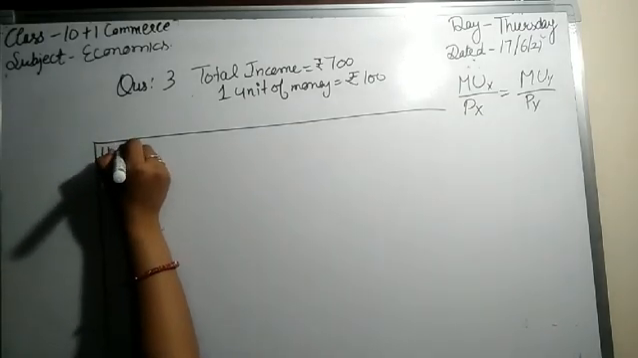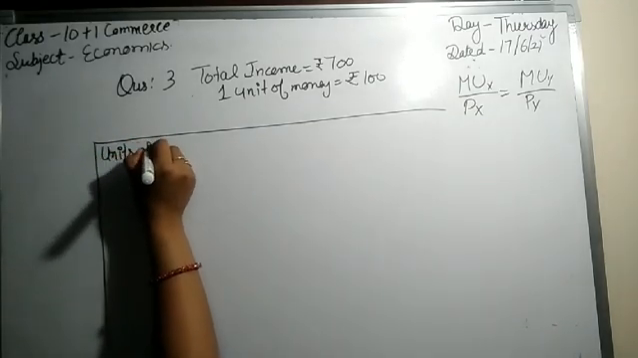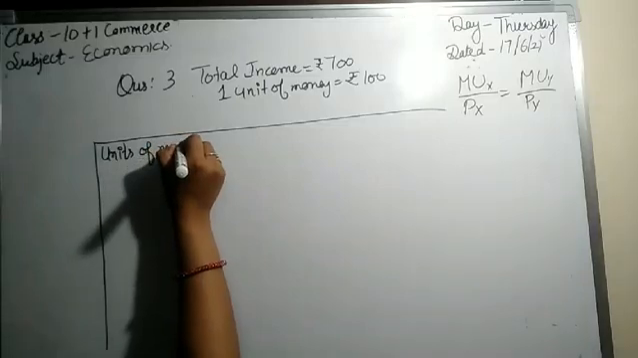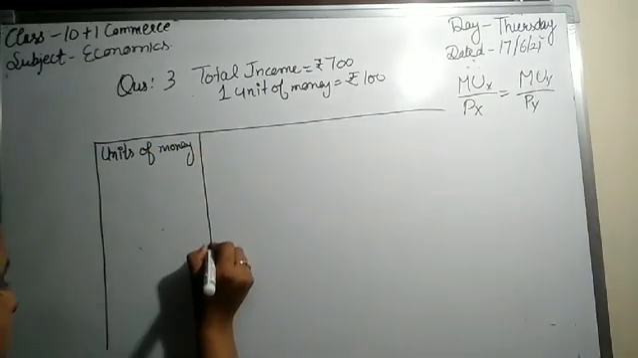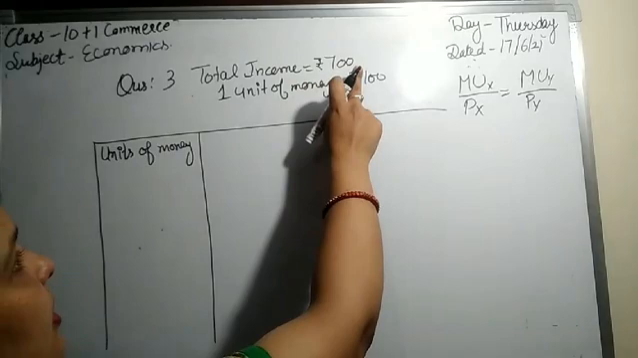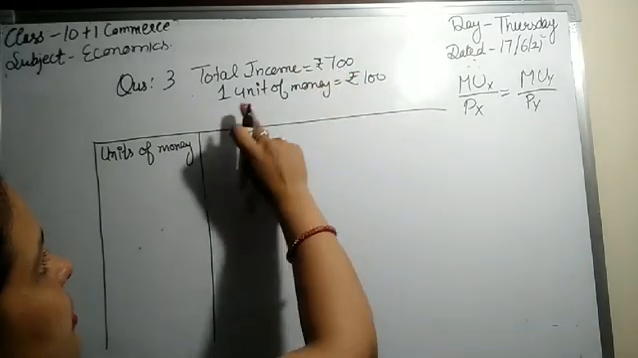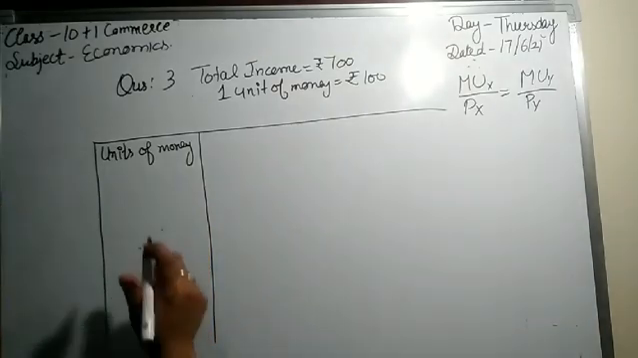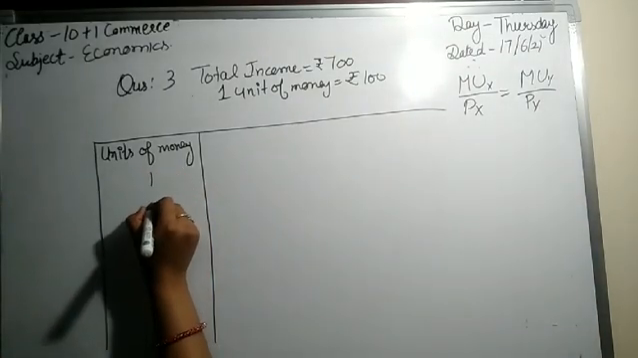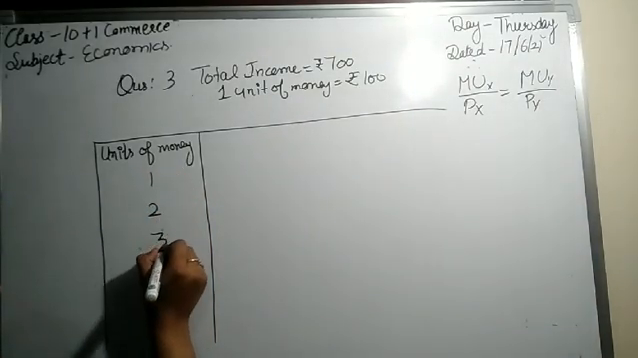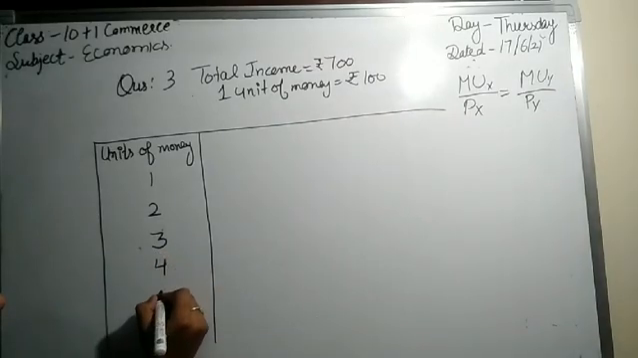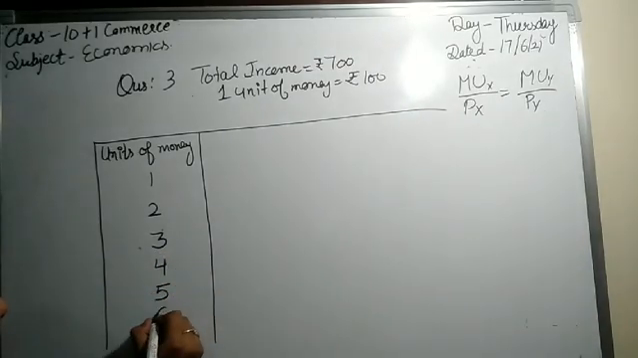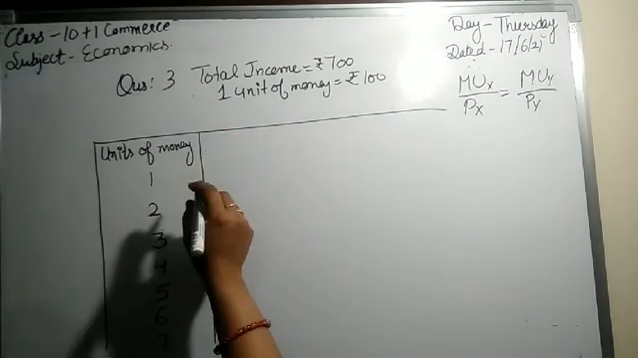Units of money. So how much money is this? Rupees 700. 1 unit denotes 100, which means we have to make 7 units. 100, 200, 300, 400, 500, 600 and 700. So now the